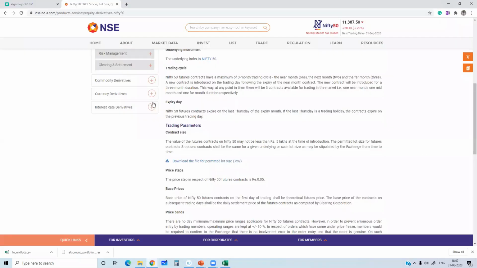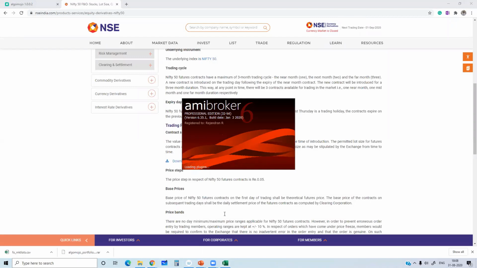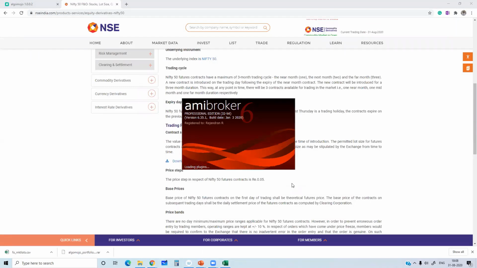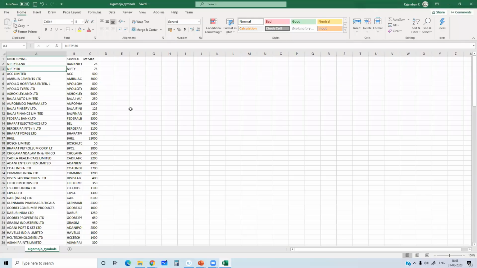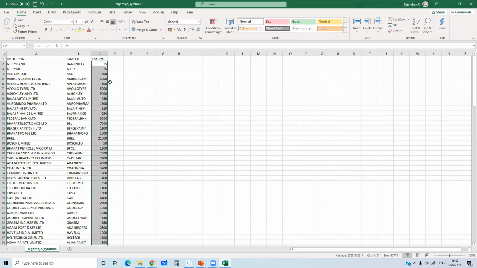Now, let me do one thing. I'll open my AmiBroker here. So the main idea is to send the number of lots, right? So I'm going to transmit the number of lots here. This is the size I'm going to trade. Whenever I want to set the position sizing, I'll be coming and setting the position sizing here. It could be cash market or it could be F&O markets.